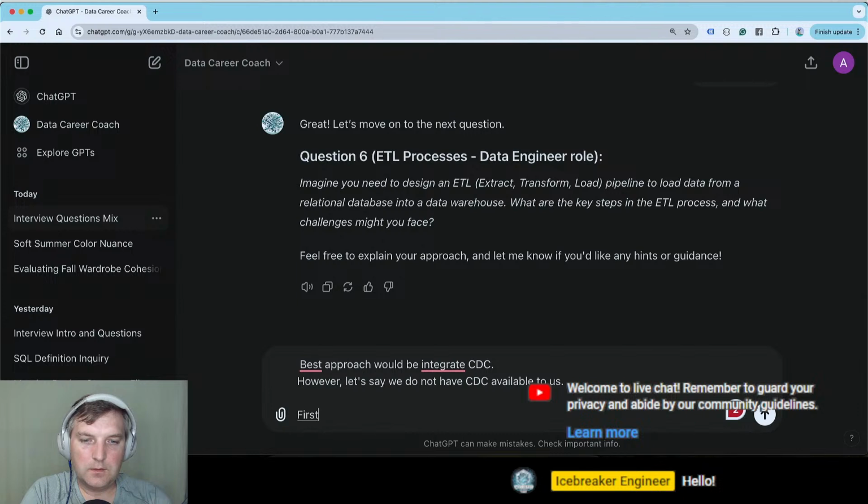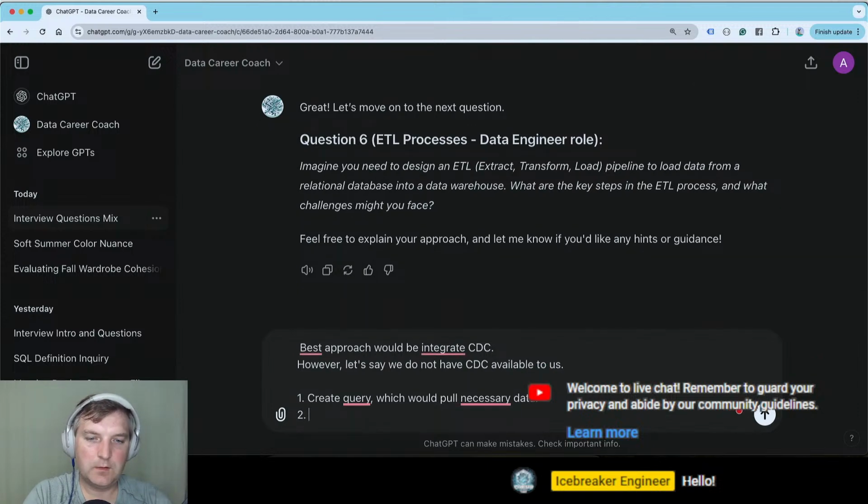First, create a query which would pull the necessary data. Right.